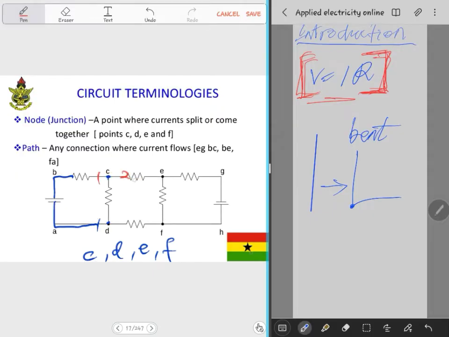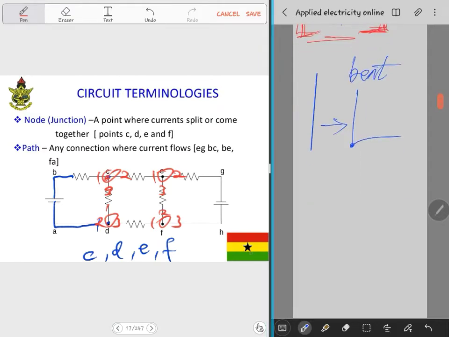So here we have 1, 2, and then 3. Here we have 1, 2, and then 3. Here 1, 2, and then 3. Because we are talking about these points: at a particular point within the circuit where we have more than one wire joining, there are two words that we use. We have junction,